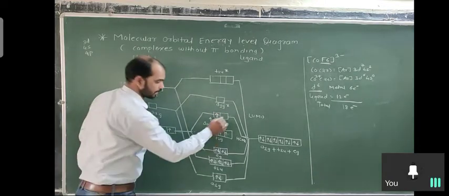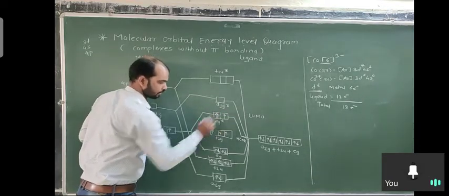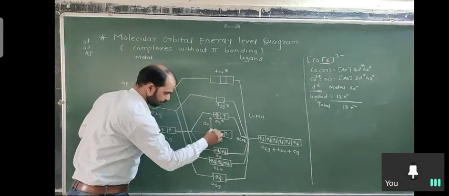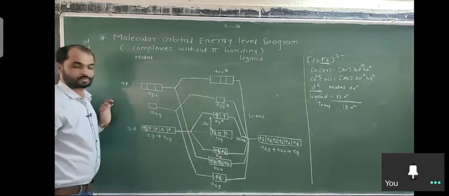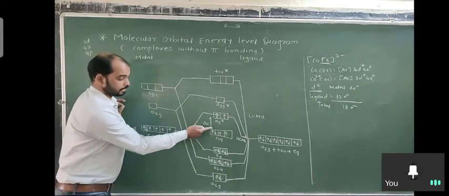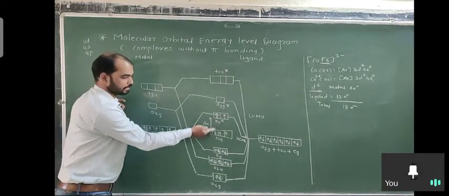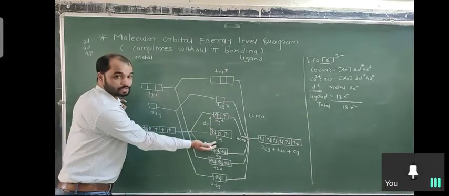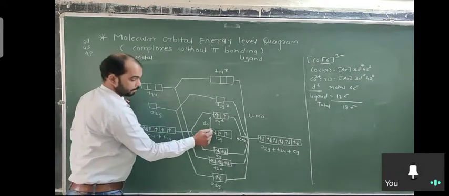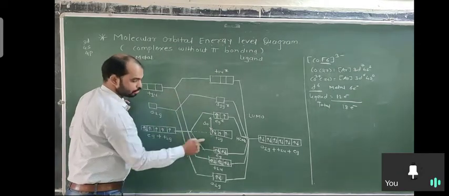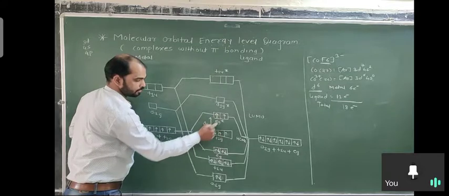फोर्थ वन कुठे जाणार? इथं. फिफ्थ वन कुठे जाणार? इथं. आता परत 6 खाली येणार. परत 6 कुठे येणार? खाली येणार. जे splitting आहे strong आणि weak field चं ते इथं होणार. इथंपर्यंत 12 electrons distribute करायचे आहेत. 12 इथं झाले. Remaining 6 कुठे होणार? 1, 2, 3, 4, 5, 6.